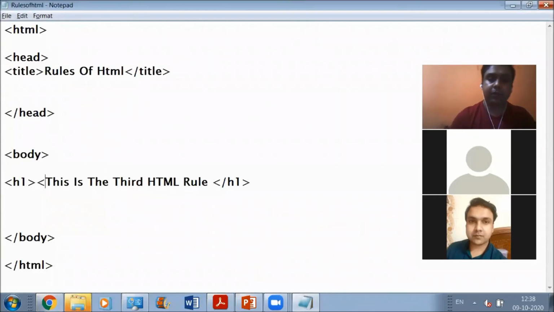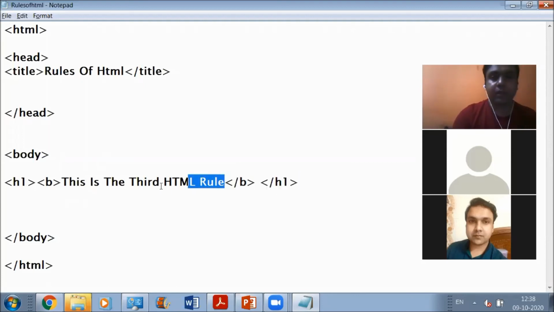Now if suppose you have defined, if you are making use of two different tags like this for the same text. Okay, for the same text, at present we are making use of two different tags, H1 tag and B tag.